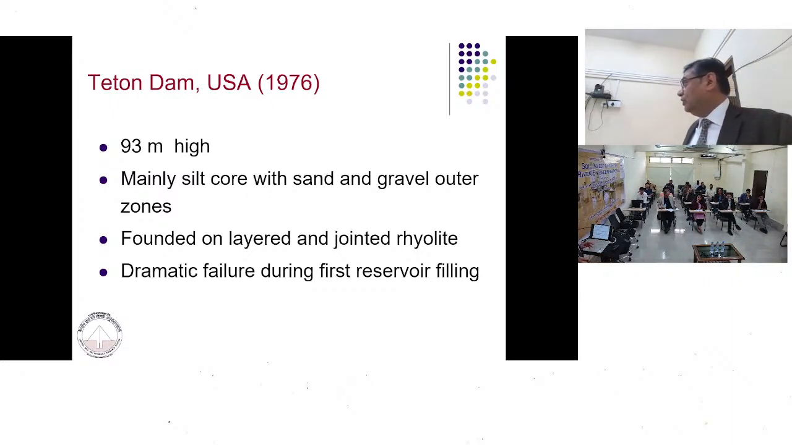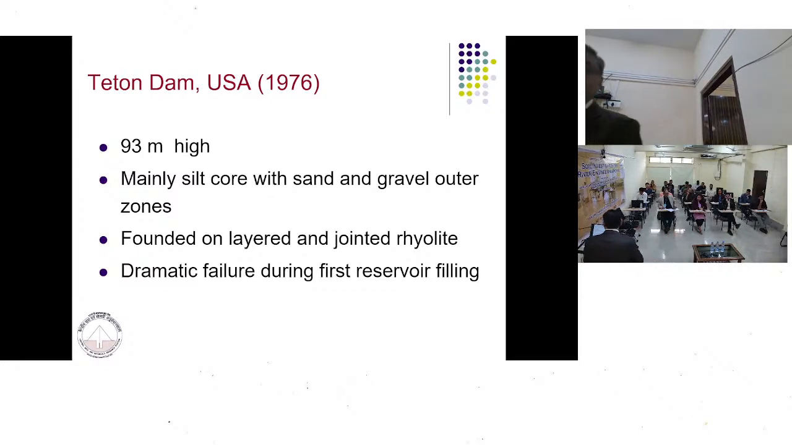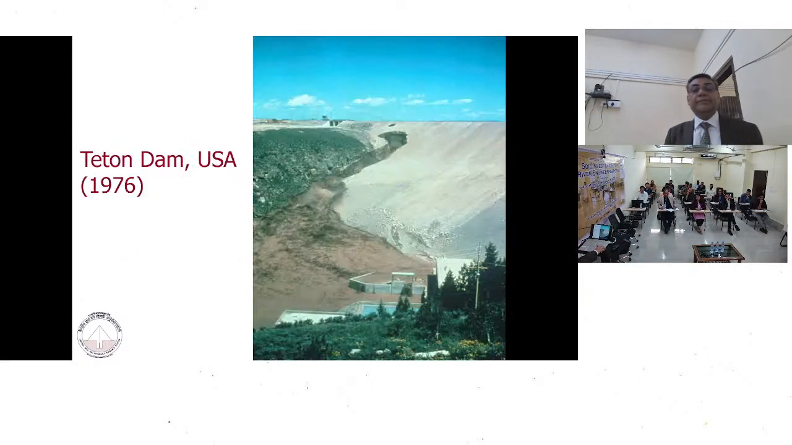It was founded on layered and jointed rhyolite. Jointed rhyolite means कि my joints are having openings, उसके through मेरा material या water flow हो सकता है. Then the dramatic failure occurred during the first reservoir fill. What happened? This was the abutment. This is the abutment. Okay? ये abutment है, ये डैम यहाँ पर abut कर रहा है और इसमें